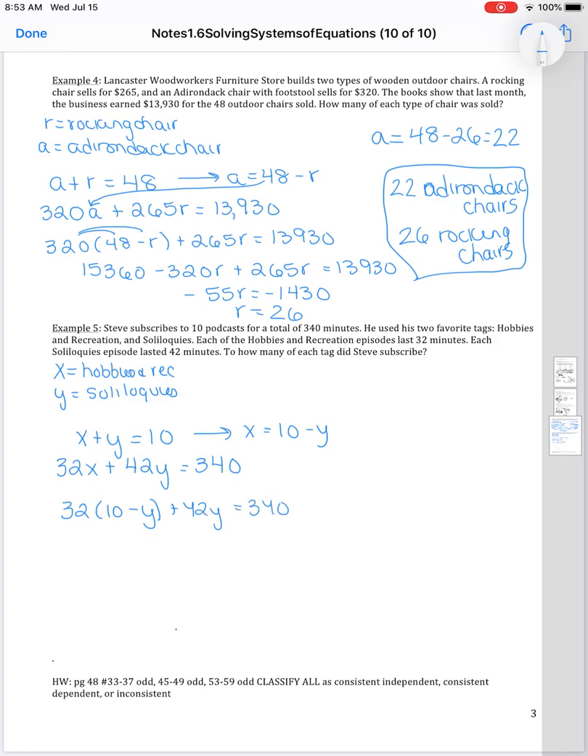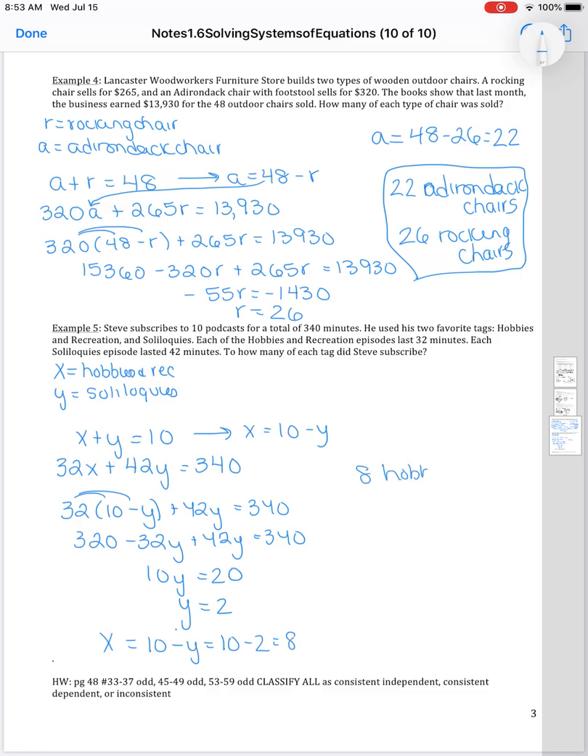So again, same thing. Me personally, I'm just going to use the substitution method because I can isolate the X. I'm going to sub that in. So I get 320 minus 32y. And when I start combining here, I get 10y equals 20, which means y is 2. And then if x is 10 minus y, then that means 10 minus 2 is 8. So then we have 8